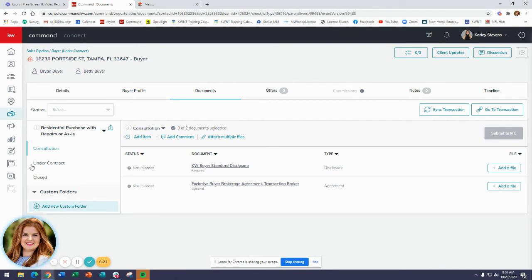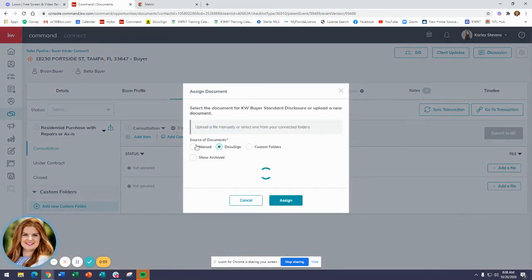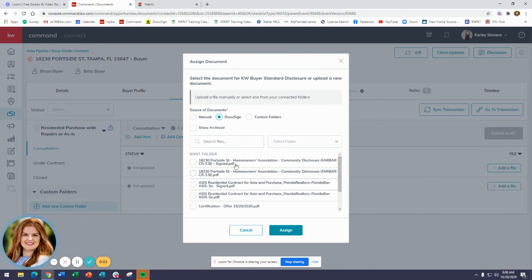So the first thing I want to do in the consultation folder is upload my KW buyer standard disclosure. This right here is a placeholder for this document, so I still need to add a file that matches this name. So I can click on Add a File, and since it was signed in DocuSign, I can choose DocuSign as the source of documents, and you'll see that each of these